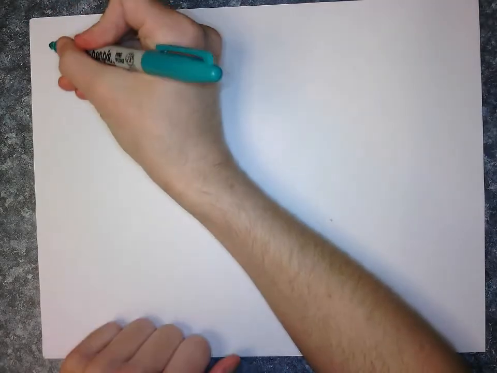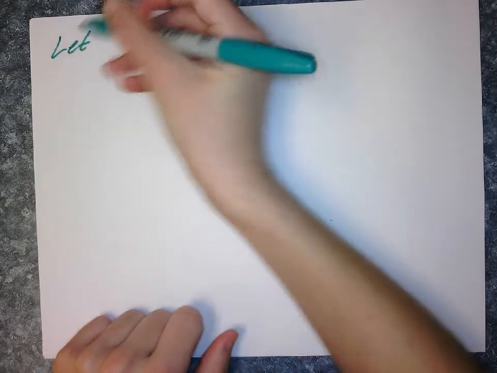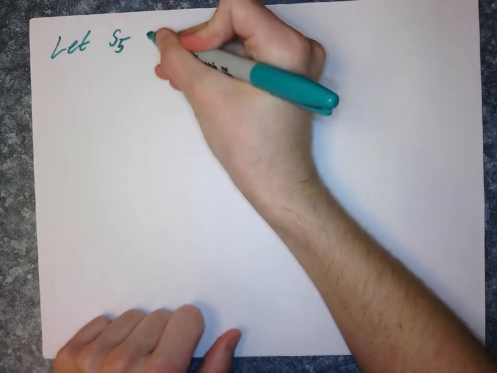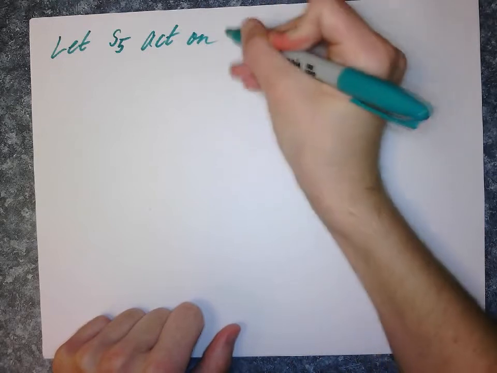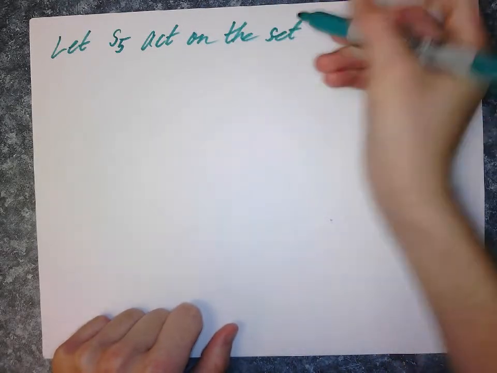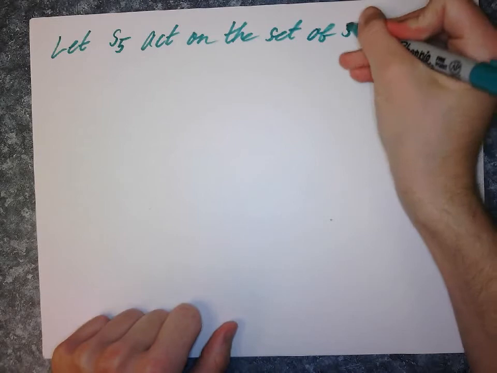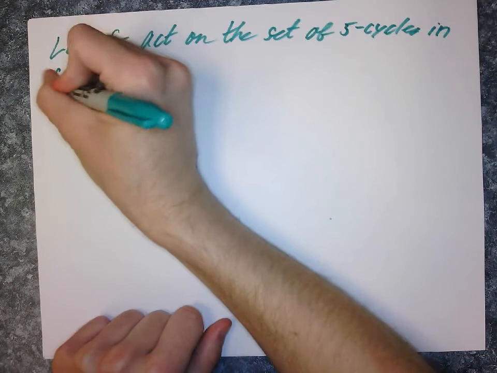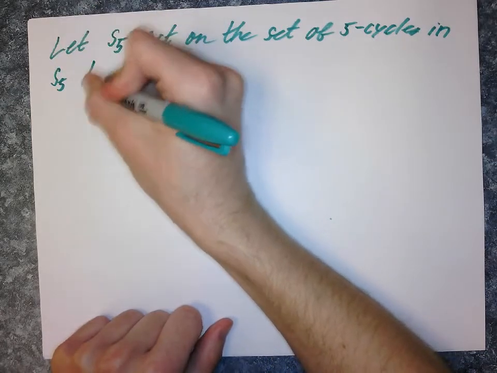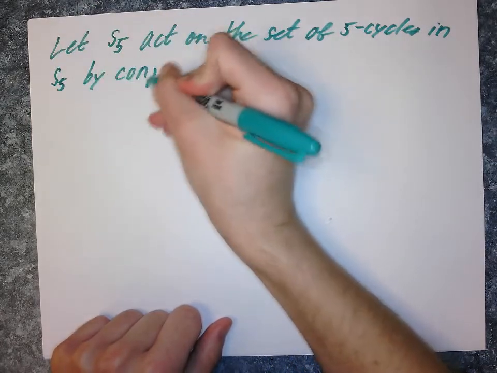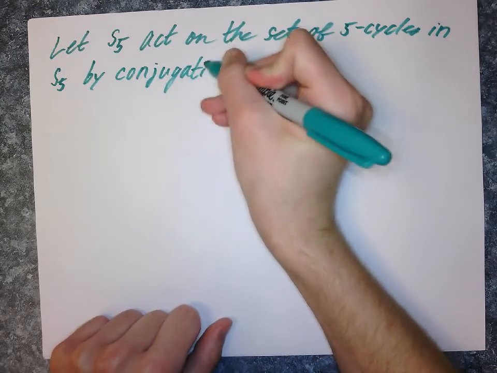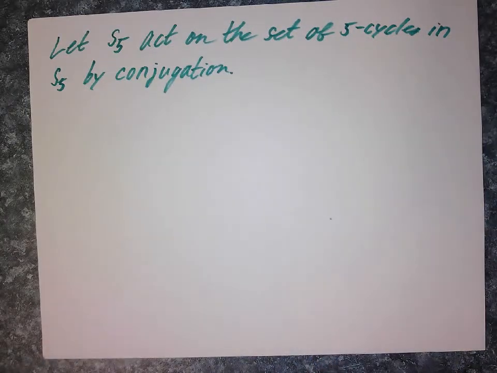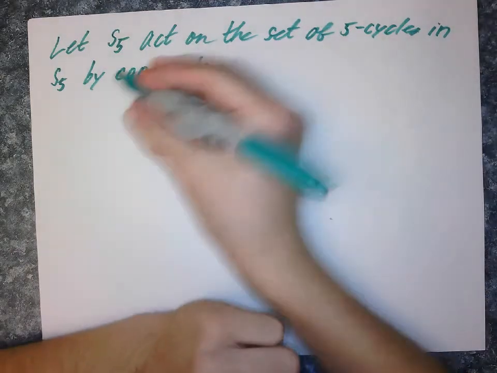Okay, so now we're going to start using the actual abstract algebra knowledge. We're going to use group actions, and we're going to say, let S5 act on the set of 5 cycles in S5 by conjugation. Now, the reason this works is that if you have, so let's say something of the form